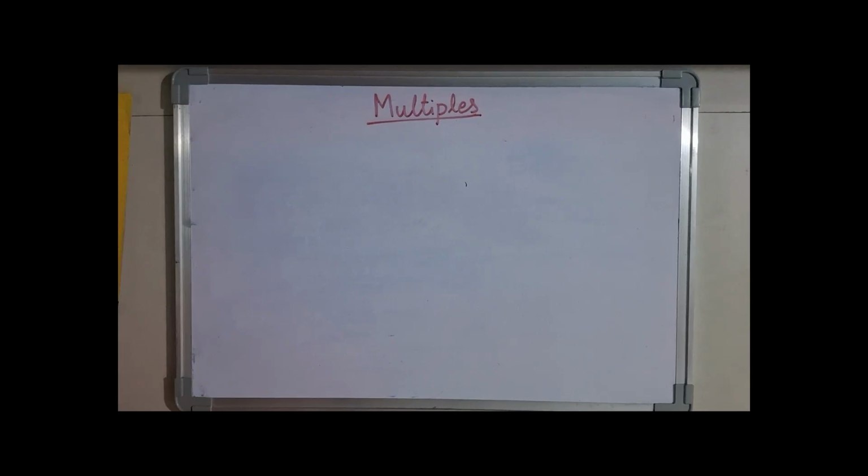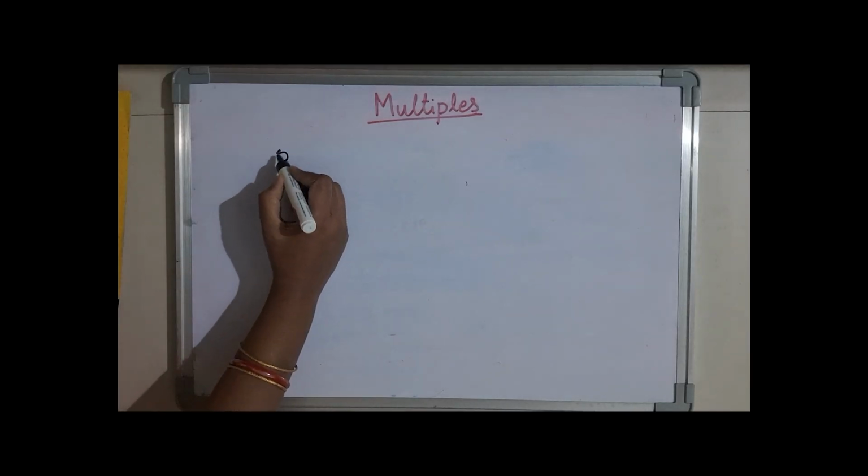Hello children. In our previous classes, we learnt what we mean by multiples and what we mean by least common multiple, LCM. Let us recall multiples. When a number is multiplied by any other number, then the product is called a multiple of those two numbers. For example,